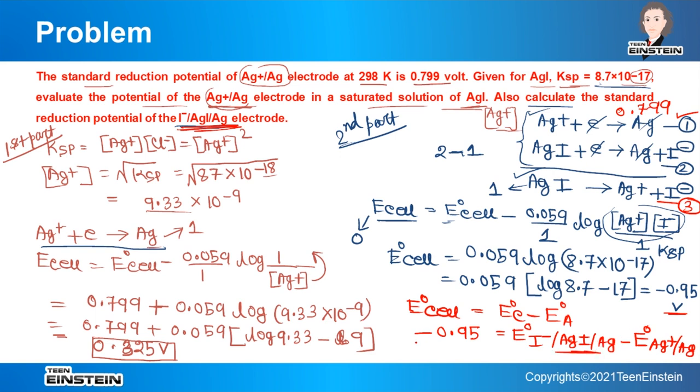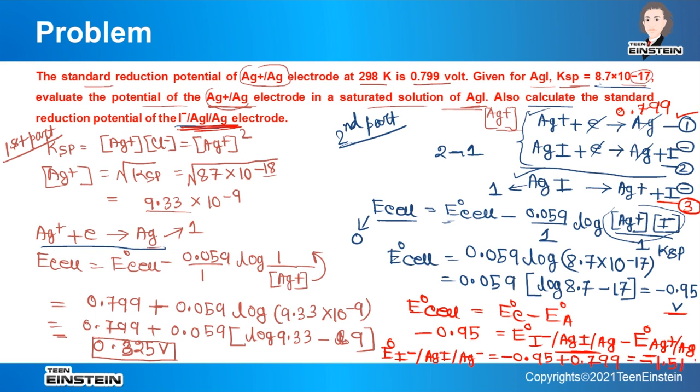Okay. So this one is 0.799. So ultimately it will be E naught of I minus AgI Ag, that will be minus 0.95 plus E naught of Ag plus Ag, which is 0.799. Okay, so it will be minus